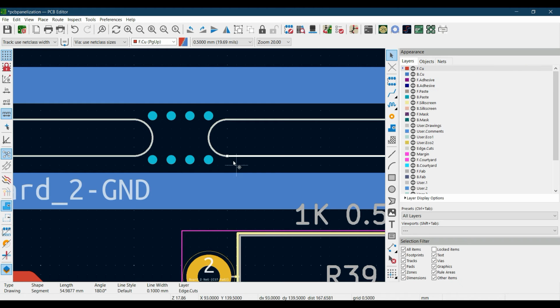Another thing we have done in the post is that we have chosen the mill radius 1 mm. That is actually this radius that we have chosen. If we have chosen 0 mm, then this will be straight. Let me show you again. If I go to Panelize, the KiKit panelize tool,